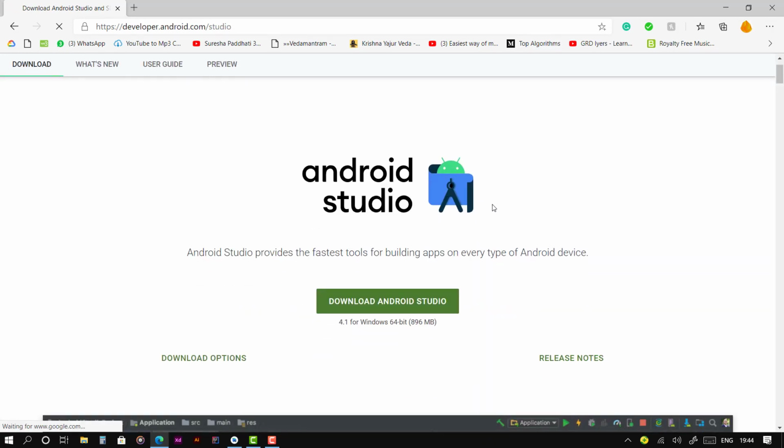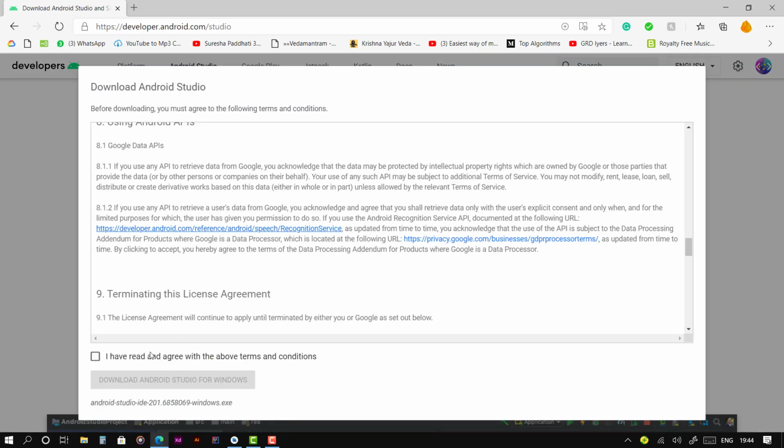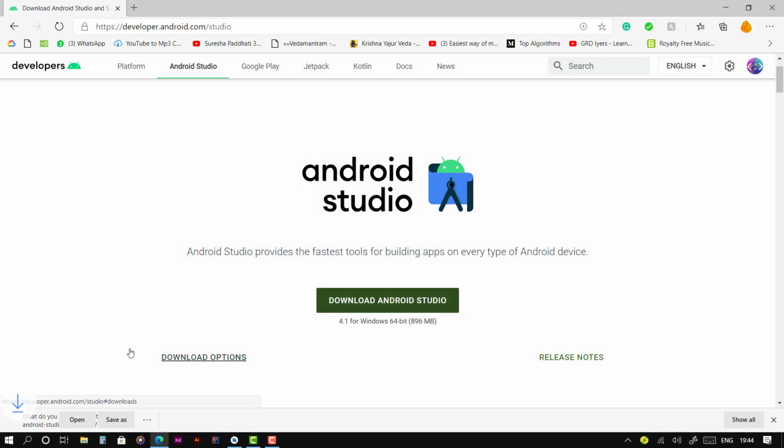That will bring us to this installation page where we need to click on Download Android Studio. At the time of making this video, the version was 4.1 and the size on Windows 64-bit operating system was 896 MB. Just click on this download and check this box here. Click on Download Android Studio for Windows. It will download the exe file.